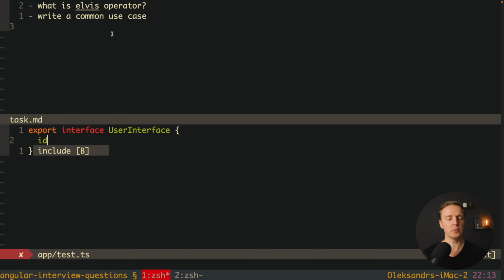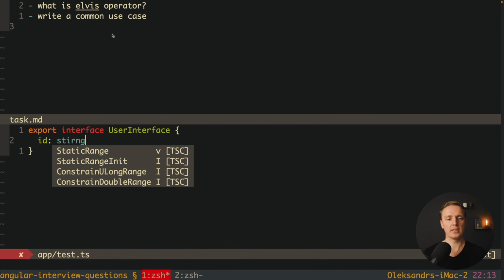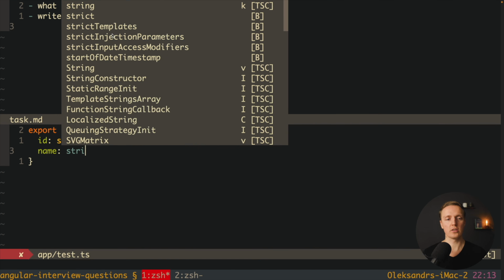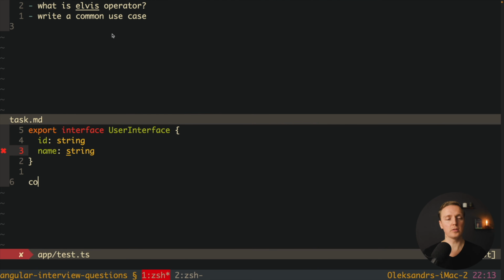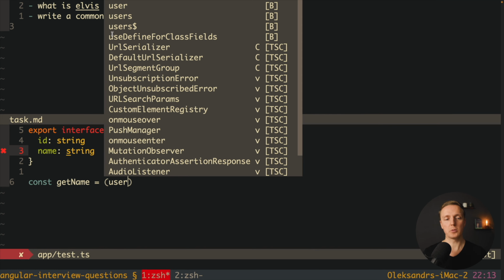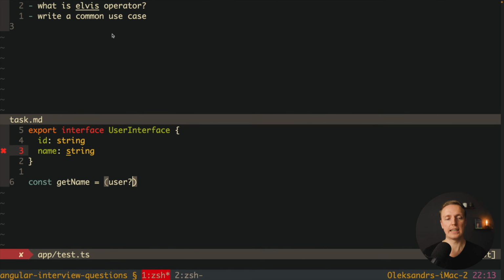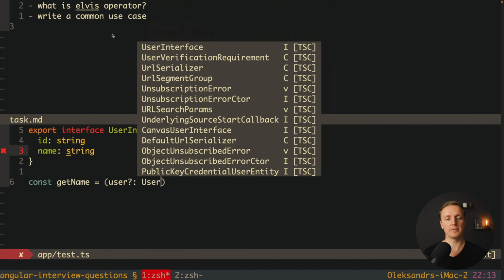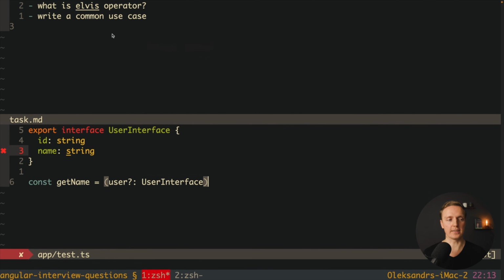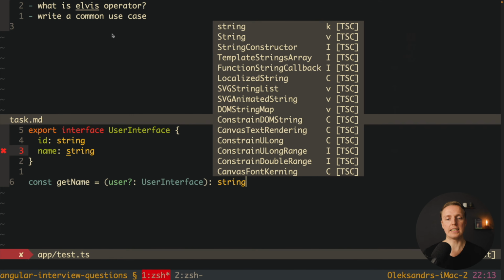For example, here we have id, which is a string, and also name, which is also a string. Now we want to define a function, for example getName. Here we're defining that we're getting a user, but we're using a question mark to define that we can get undefined here. We're defining that we're getting the user interface, and back we want to get a string.